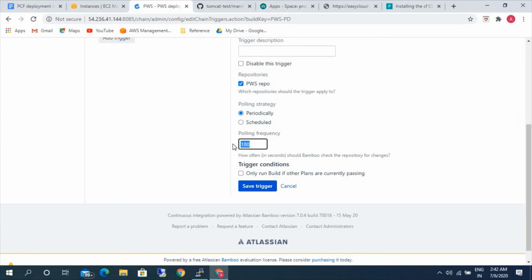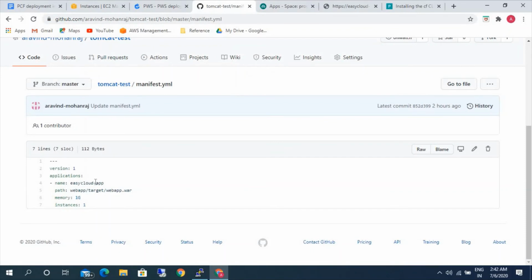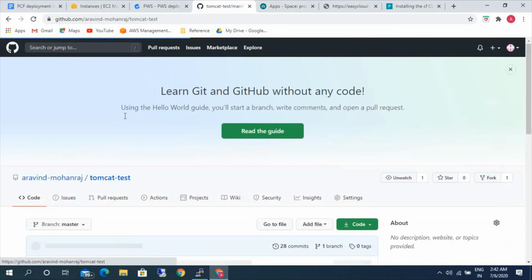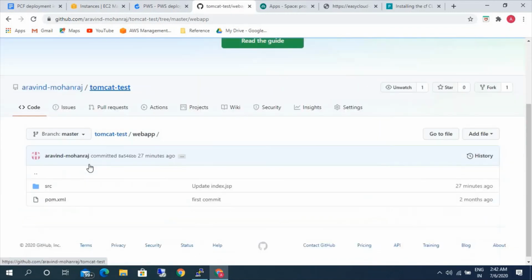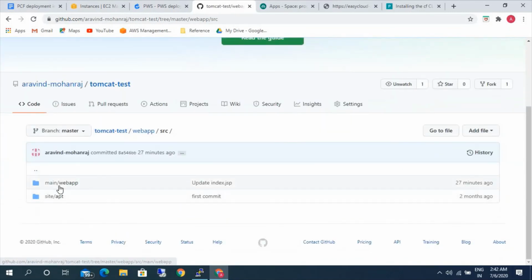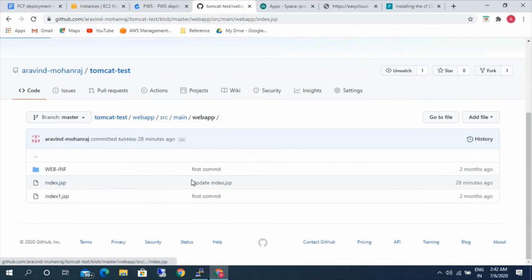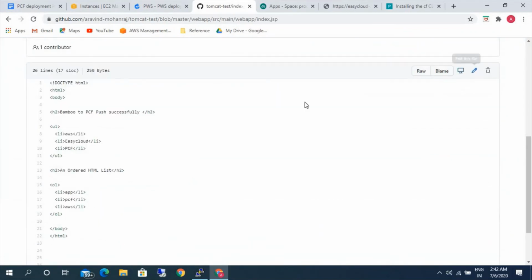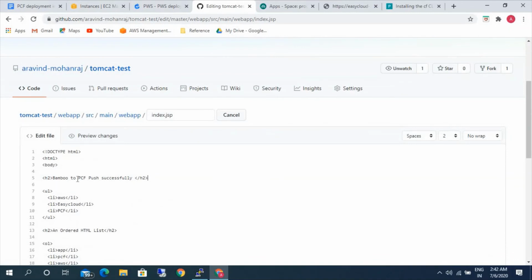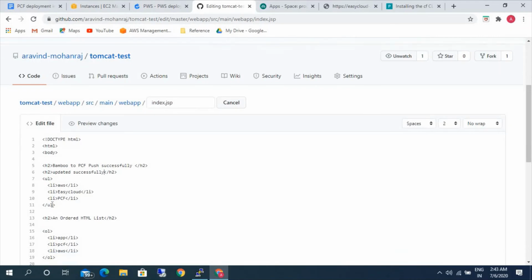So let's also check by making some changes in the code and see if it is reflecting here. I'm just reducing the frequency here so that it will trigger immediately. I'm just making changes here. Updated successfully.